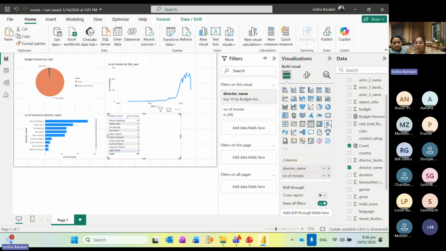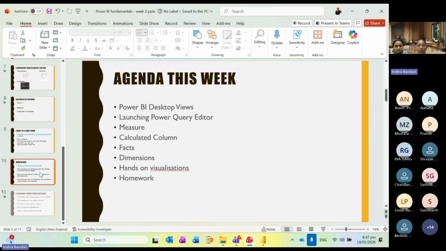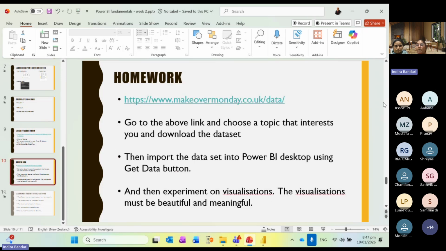You can also try a heat map. There will be a heat map somewhere. See this one. So tree map, yeah, tree map. I think it's called tree map here. So you can try these various things and see what you understand from those visuals. Okay. Now your homework is I want you to create as many visuals as possible by yourself using this movie metadata, and also